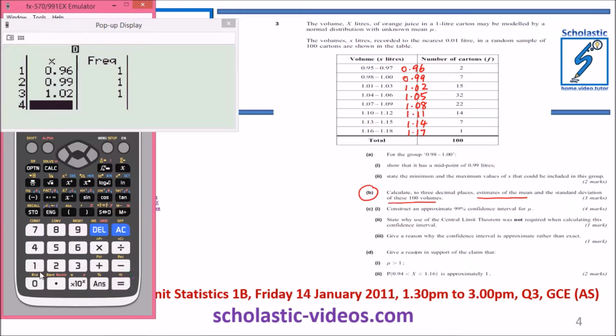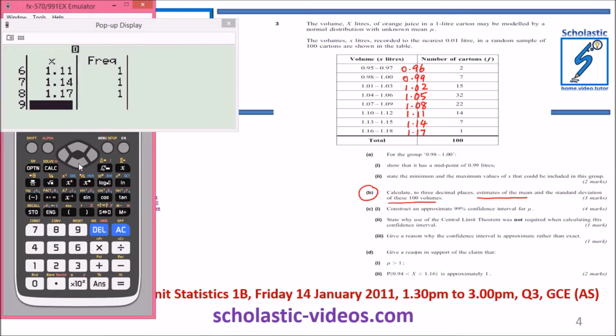1.02, enter. 1.05, enter. 1.08, enter. 1.11, enter. 1.14, enter. 1.17, enter. These are the 8 values given in the x column of the table, and for the frequency column, we